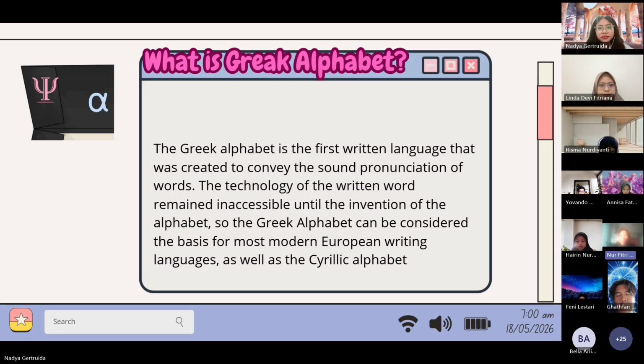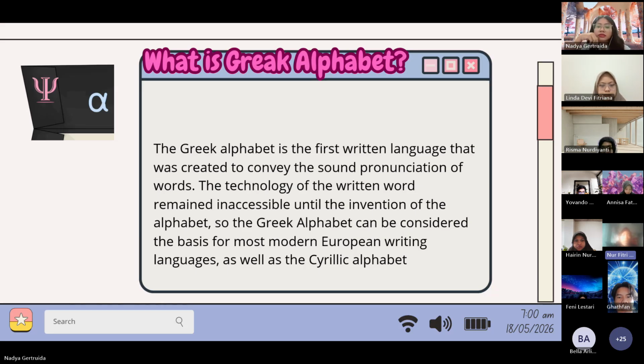we must first know the meaning of the alphabet. What is the alphabet? Alphabet is the standardized set of letters or symbols used to represent the basic sound of spoken language. The most common example is the English alphabet, which consists of 26 letters arranged in a fixed sequence. And the alphabet has vowels. The vowels are A, E, I, O, and U, and the rest are consonants like B, C, D until Z.